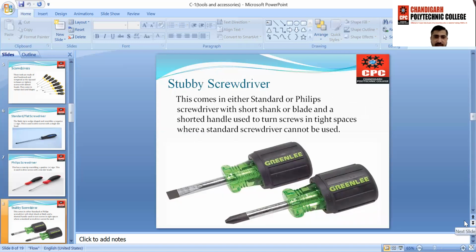The next one is the stubby screwdriver. This comes in either standard or Phillips type with a short shank or blade and a shortened handle, used to turn screws in tight or narrow spaces where a standard screwdriver cannot be used.